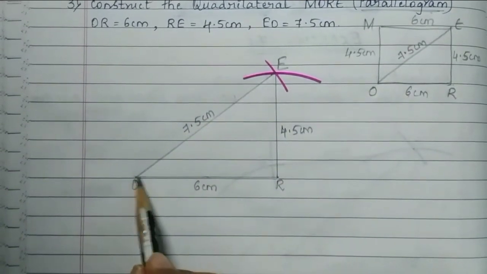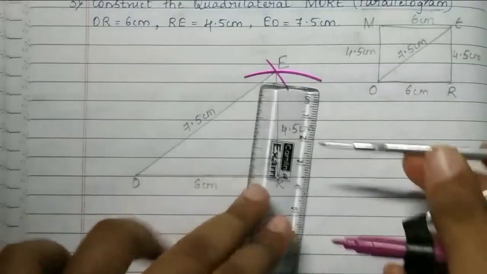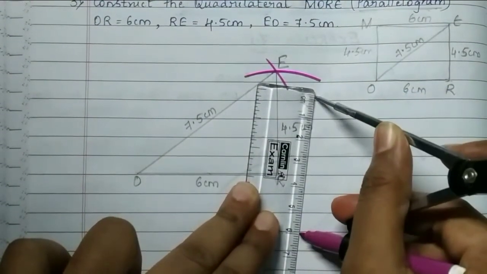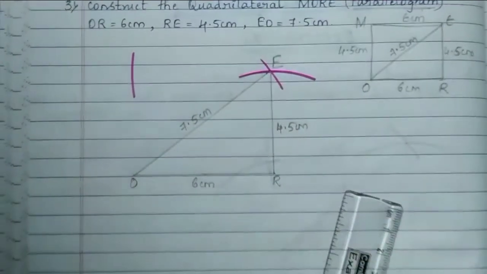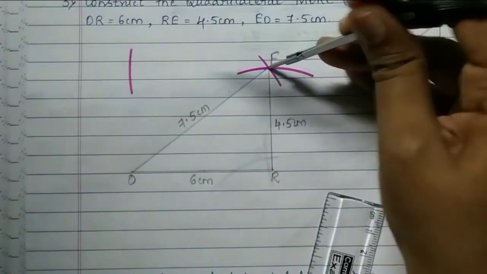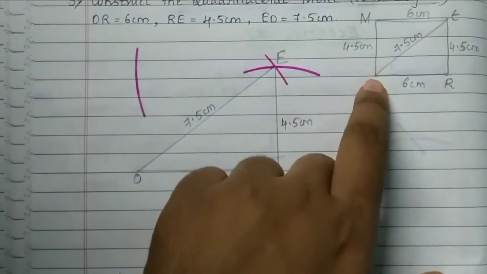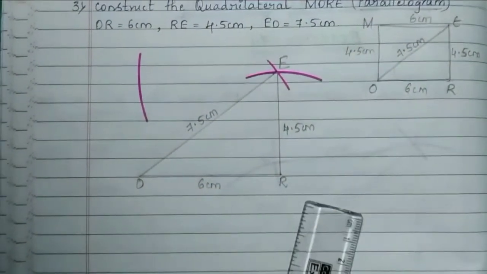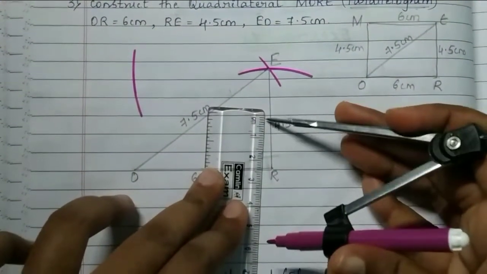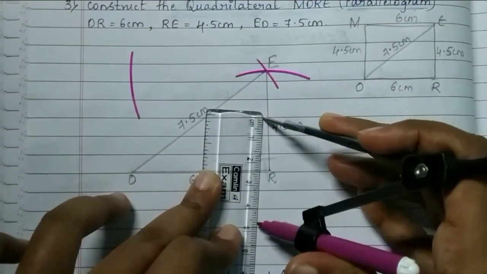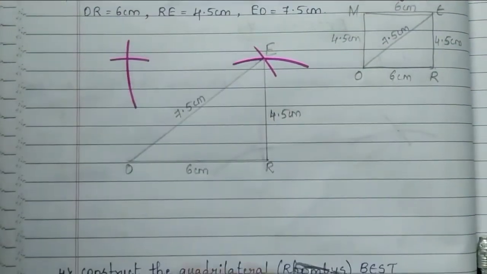Okay. Next, as we have taken this as 6 centimeter, we have to start from here. We have to take an arc of 6 centimeter again. Keeping at this point, we just have to cut an arc here. Okay. So next, the last point we need here is OM, which must be 4.5 centimeter. So keeping at this point, we have to cut an arc of 4.5. So let us take the measurement of 4.5 centimeter. Keeping at this point, cut an arc.